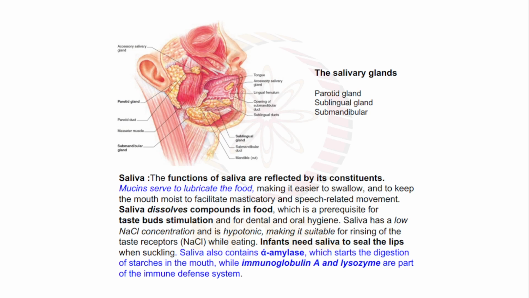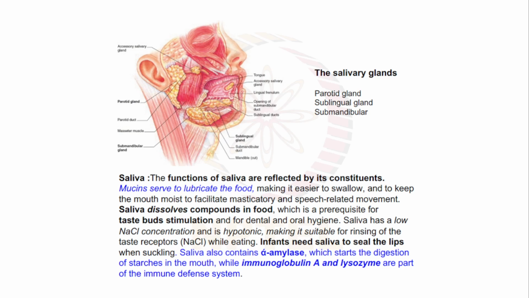Okay, so the next thing is the salivary glands. Salivary glands, there are three pairs of salivary glands. We have parotid gland, sublingual gland, and submandibular glands. Okay. So the functions of the saliva are reflected by its constituents. Mucins serve to lubricate the food, make it easier to swallow, and to keep the mouth moist to facilitate masticatory